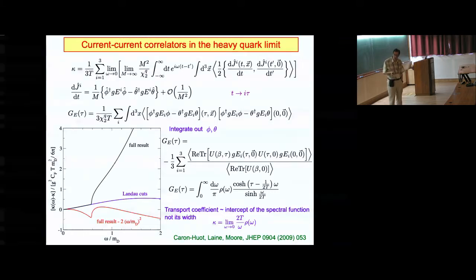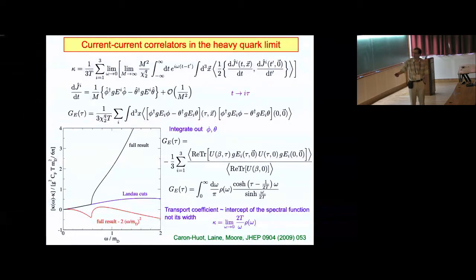So now this correlation function, or the corresponding spectral function, has much different properties. In particular, it doesn't have a transport peak. In leading order perturbation theory, as was shown in this paper by Caron-Huot and others, it doesn't show a transport peak. Instead, it smoothly goes to zero at the zero frequency limit. And of course, if you go to the next leading contribution, it goes to some finite limit. So there is no transport peak in this correlation function, but instead the intercept of this curve, which is smoothly related to the high frequency part, gives you